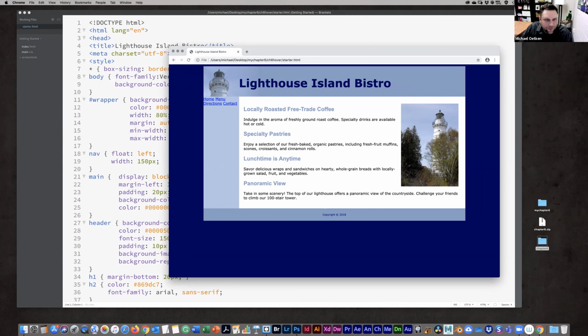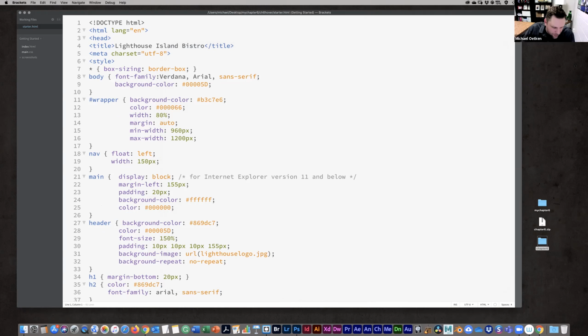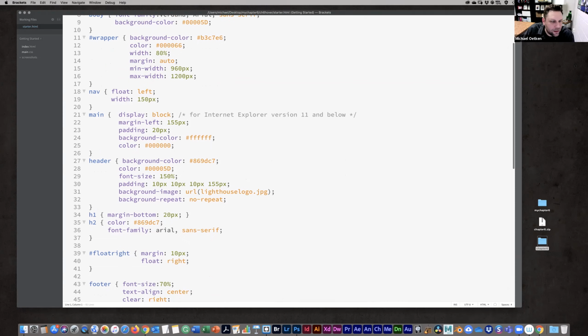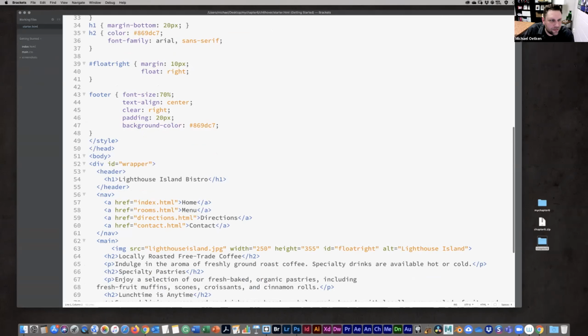All right, so we got a nav we're working on. Okay, so we want to clean that up, right? It doesn't look too good right now. It's all kind of scrunched in there in that nav section. So that's going to be the main thing that we're going to do here. We want to make that nav look better. Okay, so let's go in here. And let's get down here.